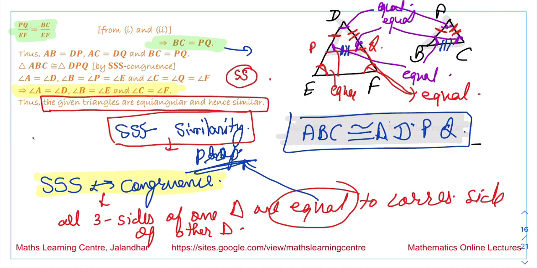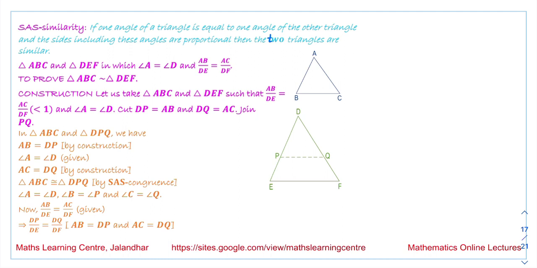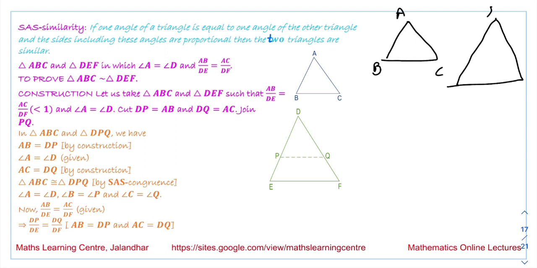Now the next similarity criteria we have is SAS similarity. In this criteria, we are saying that two triangles, the triangle ABC and the triangle DEF, will be similar if